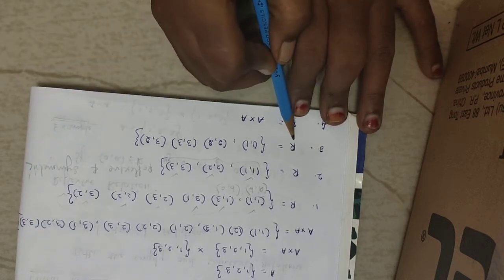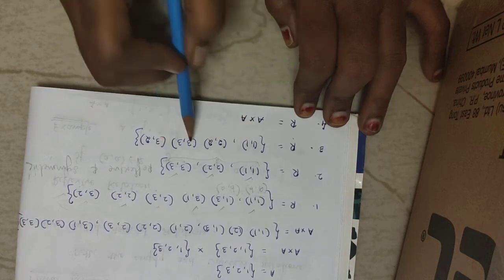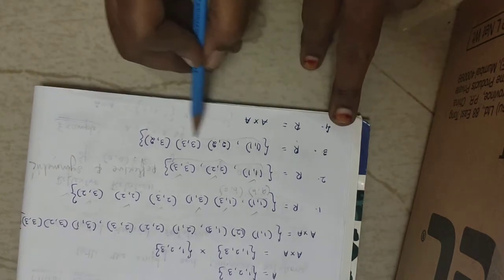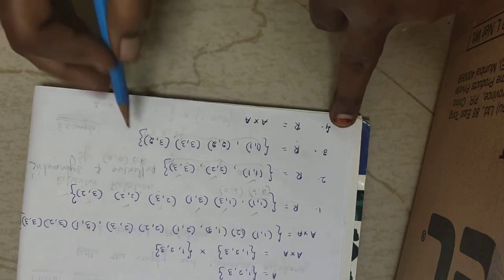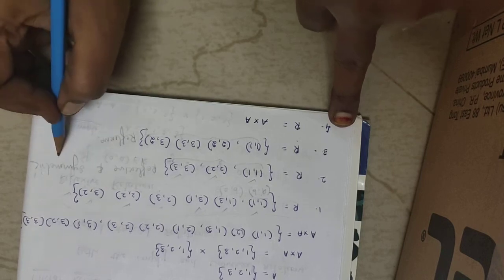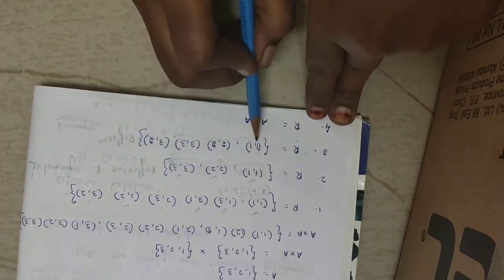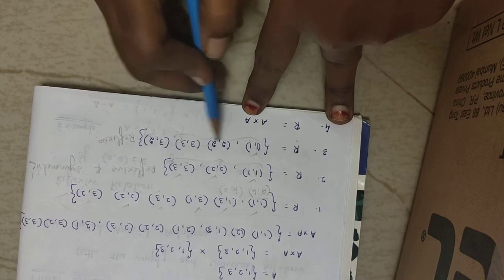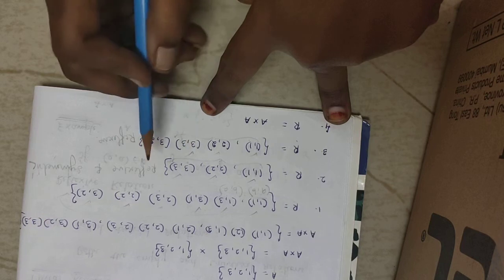Now see the third one. See here (1,1), (2,2), (3,3) and (3,2) is there. By seeing this, I can say that this is a reflexive relation. This is an extra element. So I can say this is reflexive. Now let us check for symmetric. (1,1) means the next one will be (1,1). So this will satisfy. (2,2), the next one will be (2,2) only. So this also will satisfy. (3,3) will also satisfy.